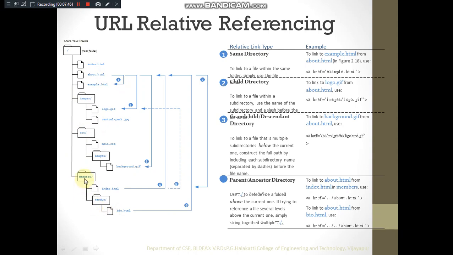Dot dot will take it to members, slash double dot will take it to the root, and then about.html. Yeah, this is the way here it is shown. href equal to dot dot slash about.html. Same way we can make use of the concept for seventh also. So this is how we are doing relative referencing.